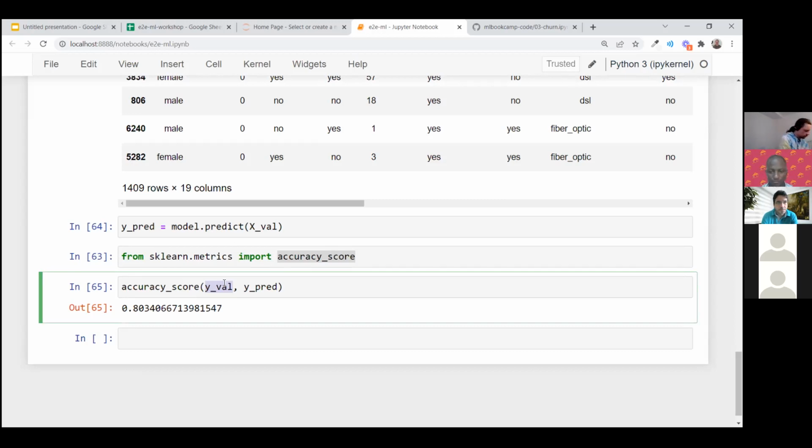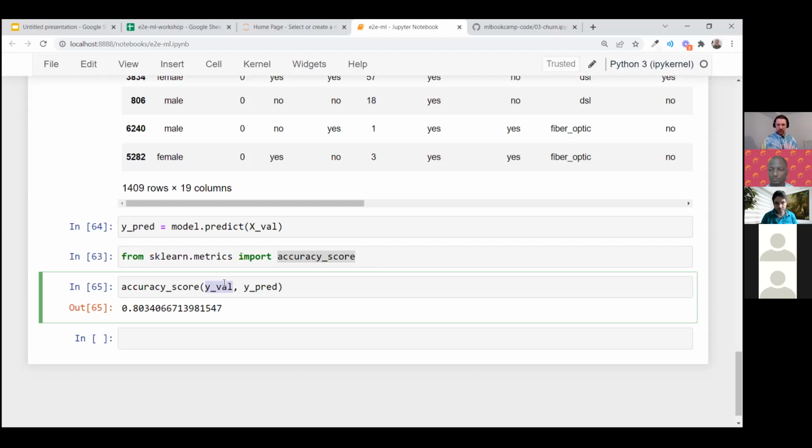Yeah, so, of course, you might be wondering if this is a good model or not, like, is 80% a good score? And apart from accuracy, there are a lot of other ways of evaluating the performance of a model, the quality of the model. I will not go into details right now, but you can check the book. In the book, I'm actually talking about this. There is an entire chapter, chapter 4, which talks about evaluating machine learning models. It's called Evaluation Metrics for Classification. That explains why accuracy is not always the best metric. But for now, we will leave it at this state.